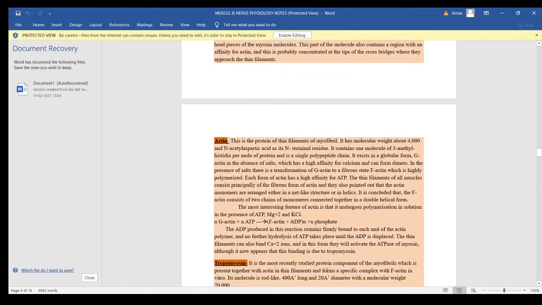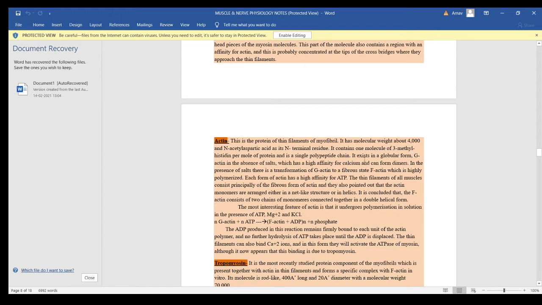Then this next type of filament is the actin filament. This is the protein of the thin filaments of myofibril. It has a molecular weight of about 4000, and it has N-acetyl aspartic acid at its N-terminal residue. The actin filament also contains one molecule of 3-methyl histidine per mole of protein and is a